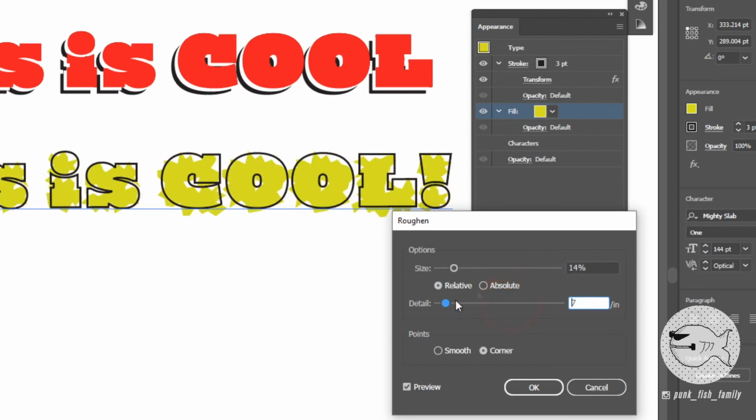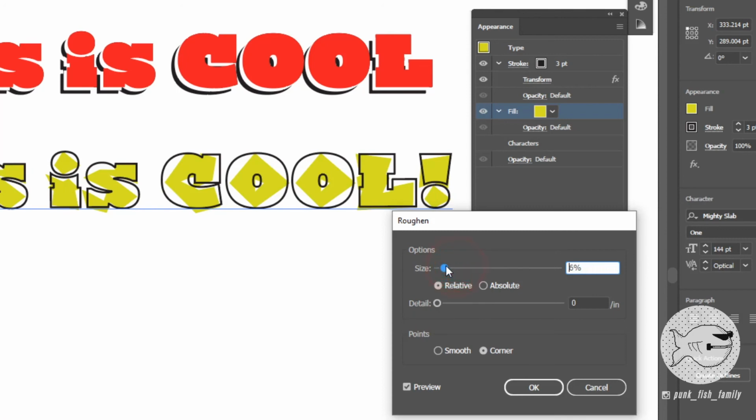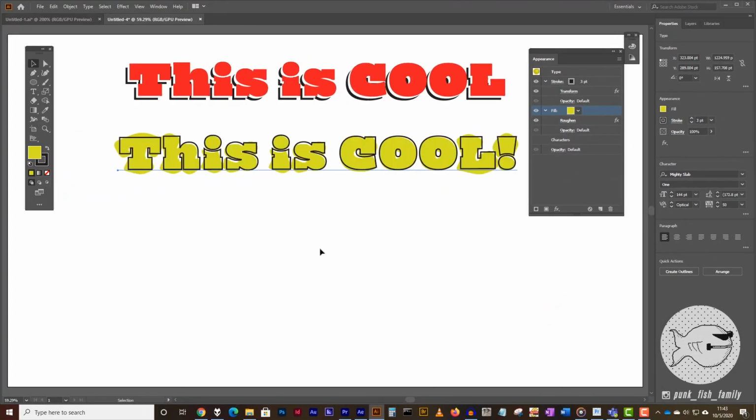But I want to be a little bit more subtle with this. So I'm going to change my detail down to 0. I'm going to change my size down to about 4%. And instead of it being angular, I want the points to be smooth. So now what I have is a fill that's been applied to this. That's that acid green color. And just the fill has been given that roughen effect on it, to make it look all blobby. Now the cool thing about this, and the same with the one above, is that